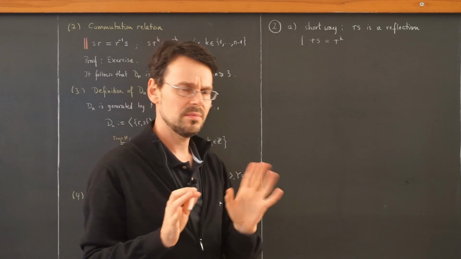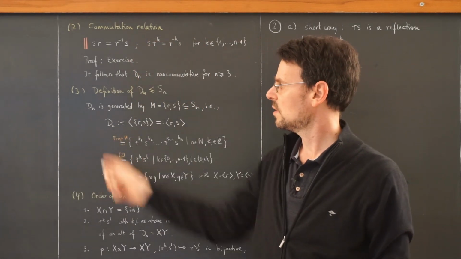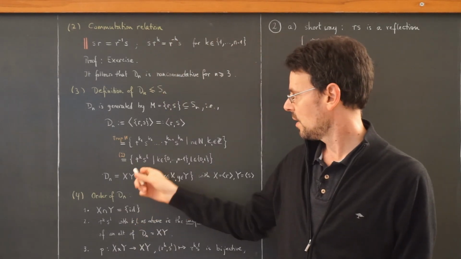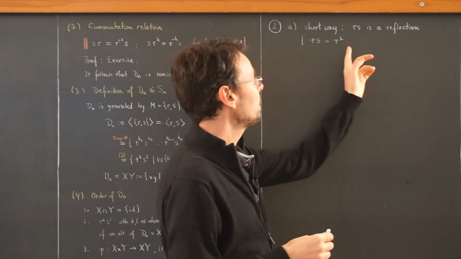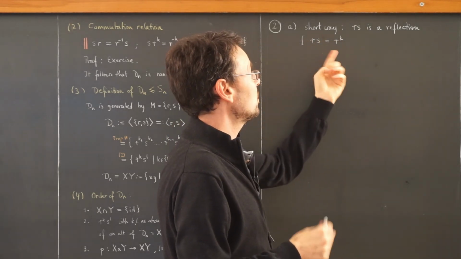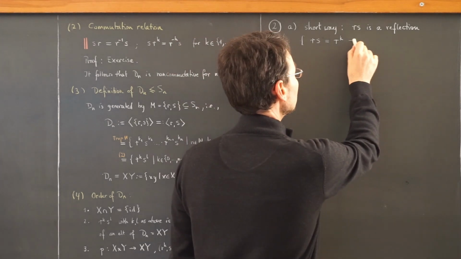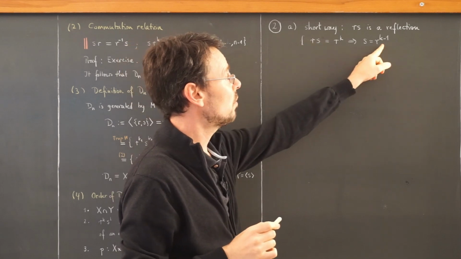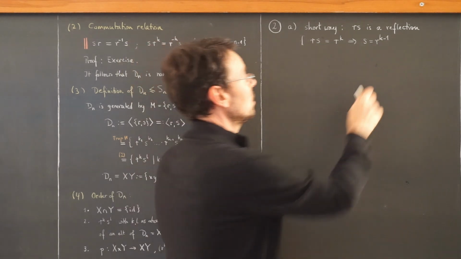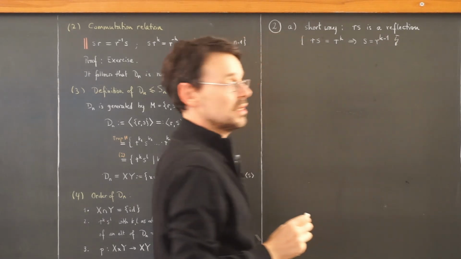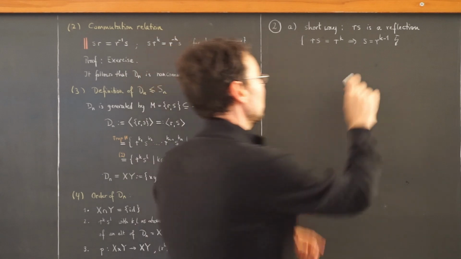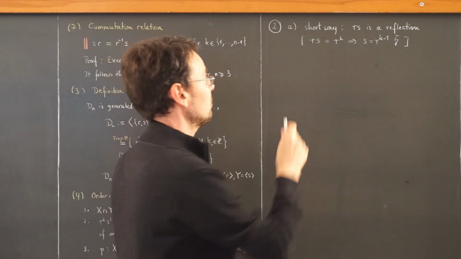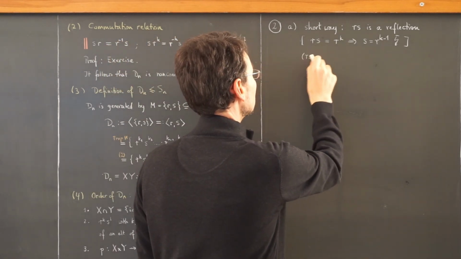This is logically a bit problematic because we use this stuff to prove that the Dn consists exactly of these elements here, but whatever. So we assume that this here is a rotation, then it follows by multiplying with the inverse of R from the left side that S is a power of R. So S would be a rotation, which obviously it is not because it's a reflection. Okay. So either way you can convince yourself that the product RS is a reflection, but this means